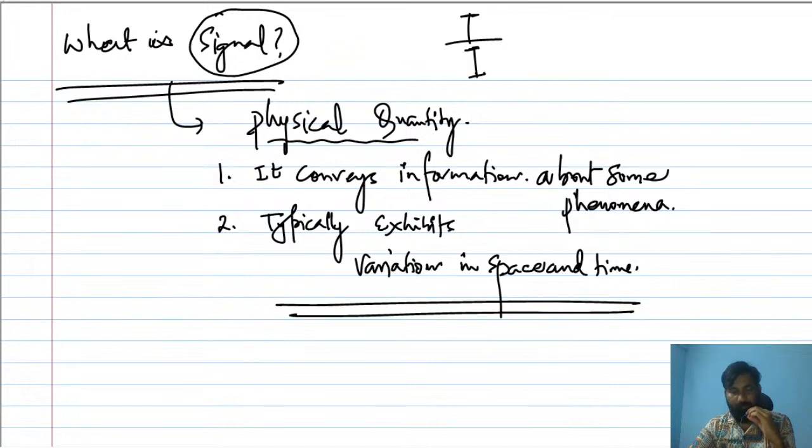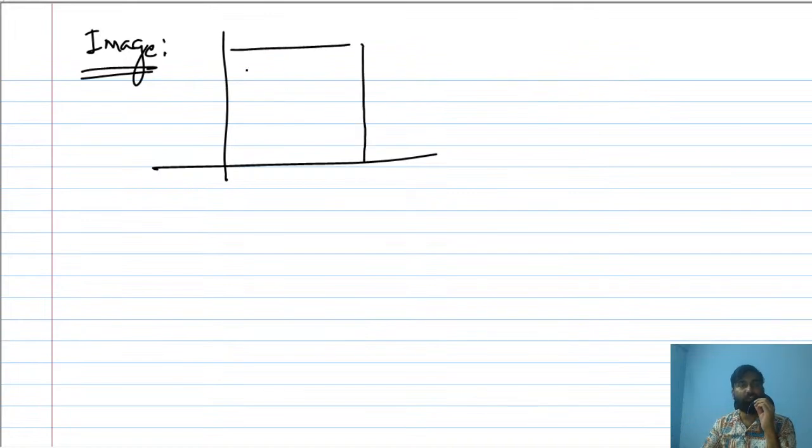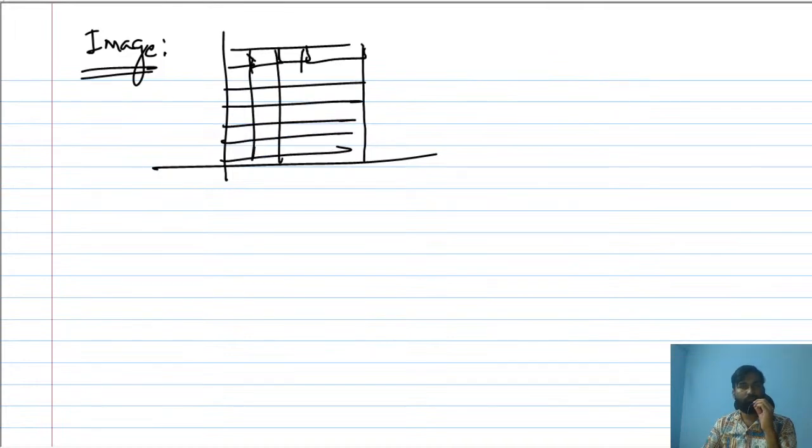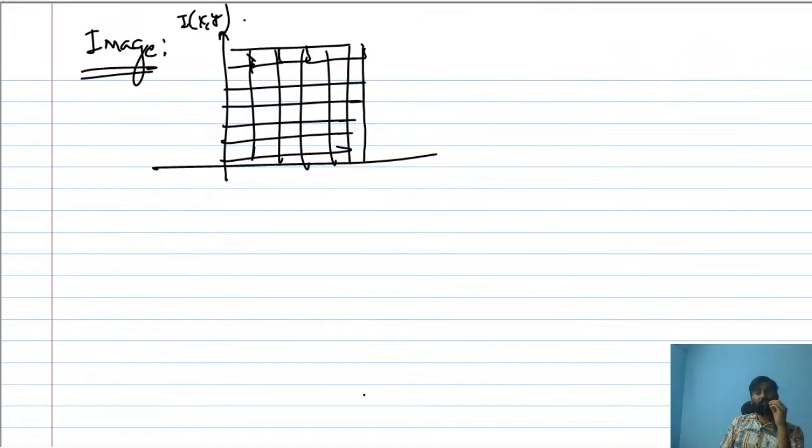So what kinds of signals are there which show variation in space? You can say an image. An image always has many pixels. This is an image, and these are the pixels. There are many pixels in the image. I am just denoting it as I of x. An image is basically a two-dimensional signal,